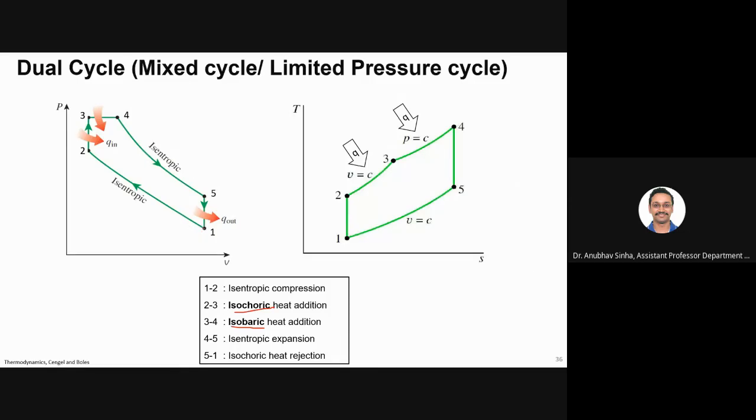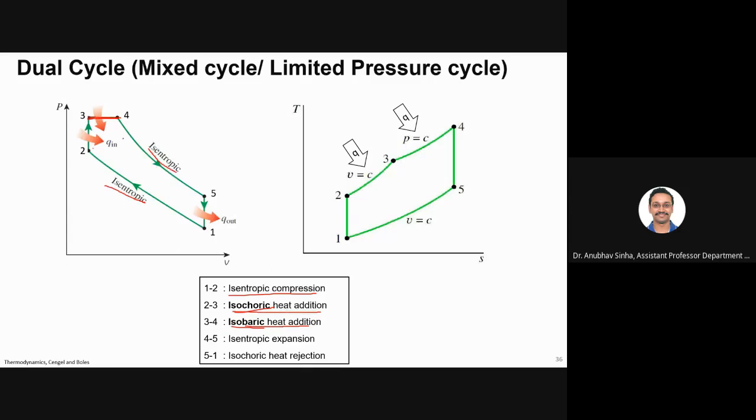So the first process is similar to what we have shown so far. First process is isentropic compression. We compress from V1 to V2, and then we maintain a constant volume and we add heat. Basically what we do in Otto cycle. So we do isochoric heat addition. Then in the second step, we add heat in constant pressure mode. This is similar to the diesel cycle, isobaric heat addition. And then we allow it to expand isentropically. Isentropic expansion and compression is common between both Otto and diesel cycles.